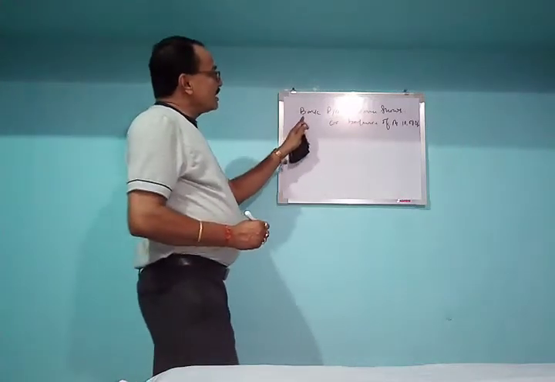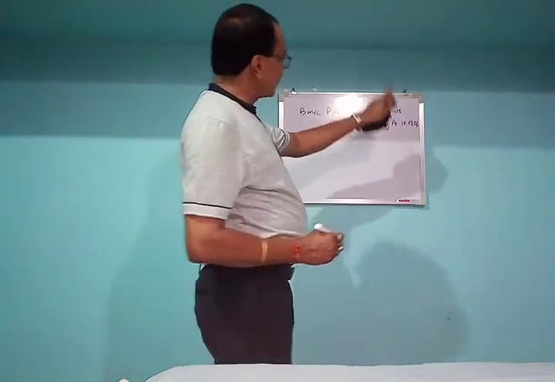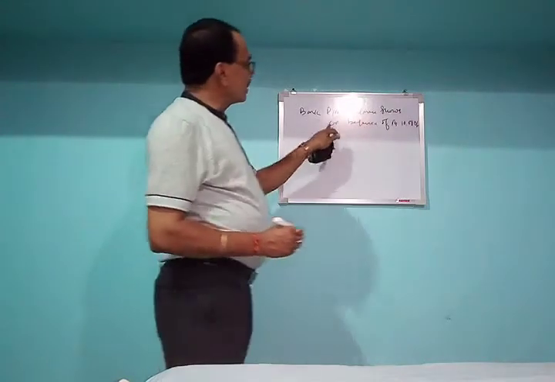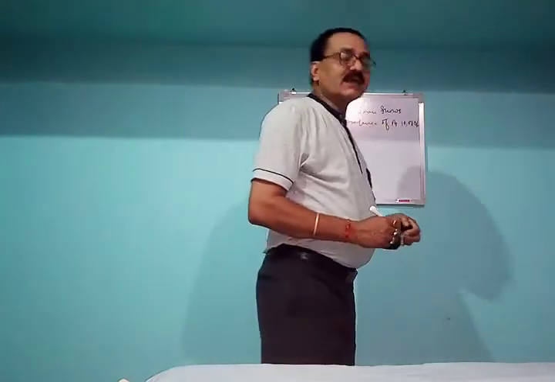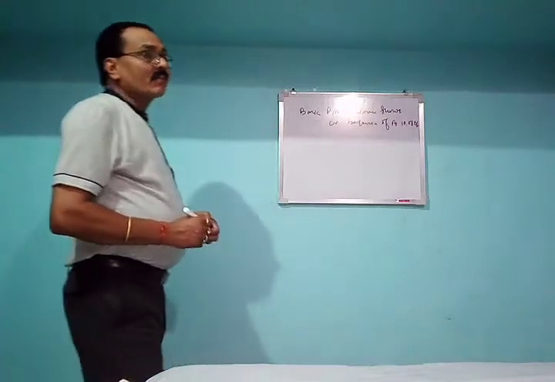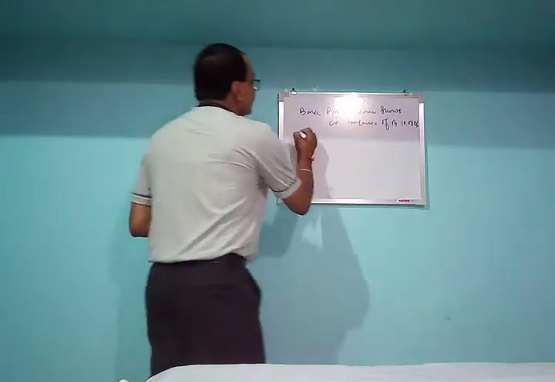As on a particular date the passbook balance of a particular proprietor shows the credit balance of rupees 10,000, and what are the communication gaps? Suppose